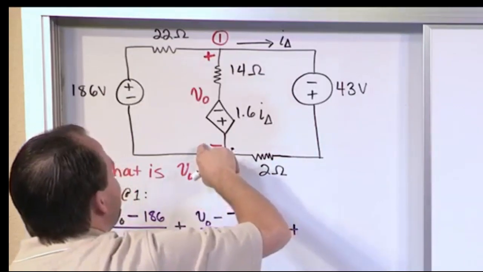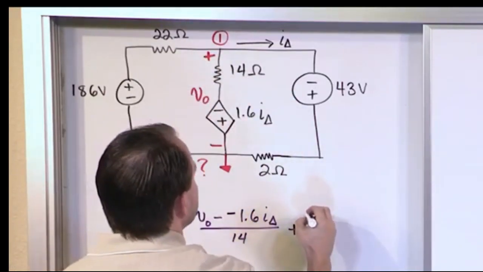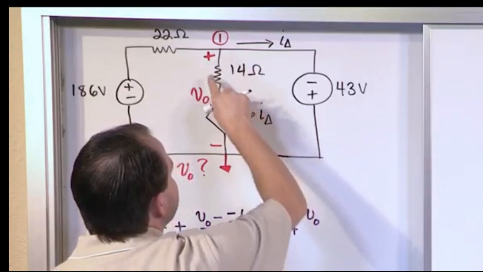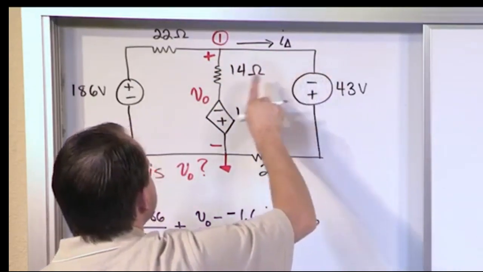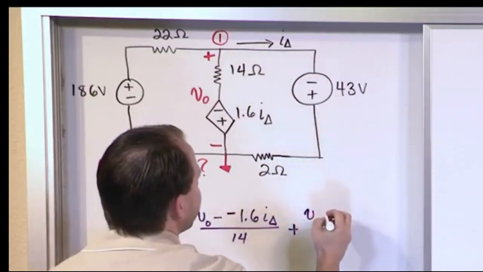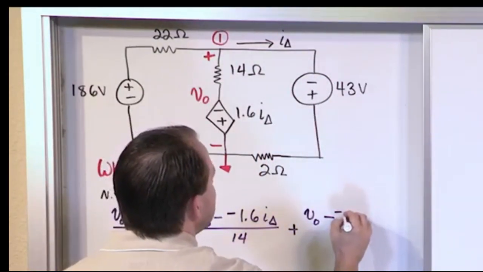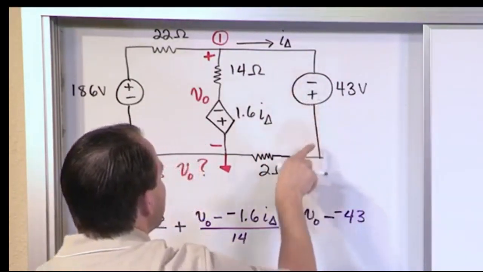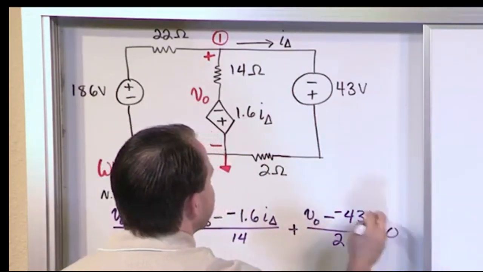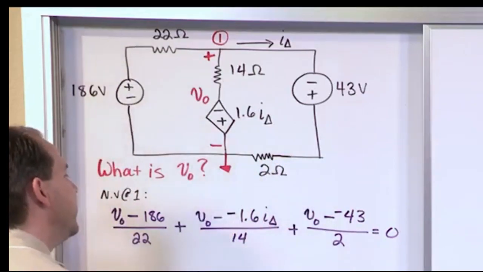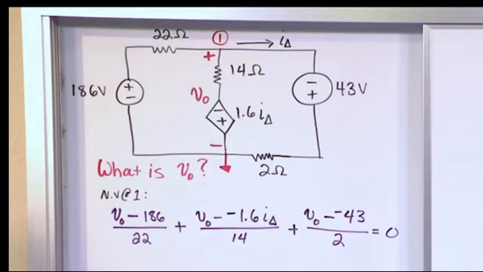So what we have is we pop up to our node voltage, V naught. We subtract any other voltages along the way, but of course this is also written in a negative term because it's flipped over backwards from normal, so it's minus a negative 43. There's no more voltage here. We'll divide by 2 because this is a resistor down here at the bottom. This is the node voltage